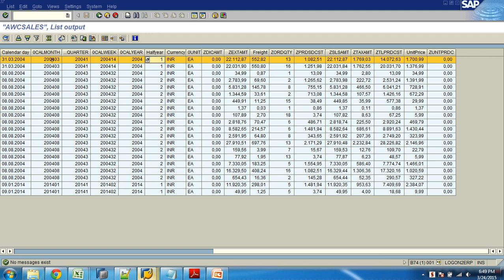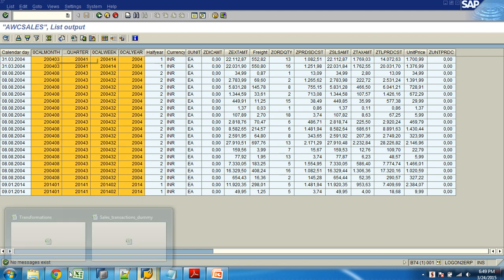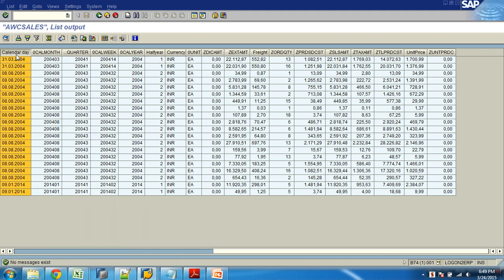So how is all this determined? Does this all match with your calendar day, nothing but your order date? Yes or no? This is what we call automatic time conversion. When you do this automatic time conversion, we will be using the conversion type as time characteristic. Clear?